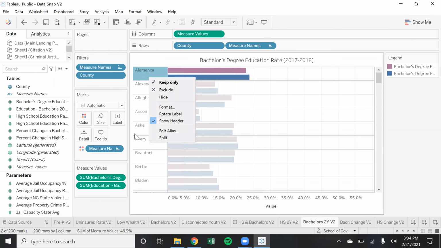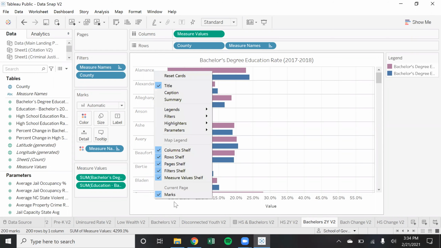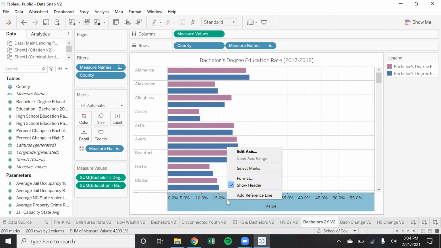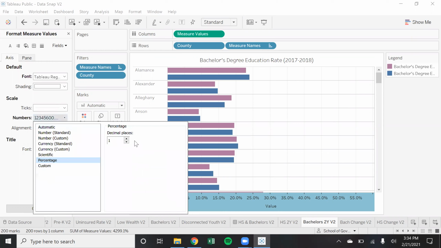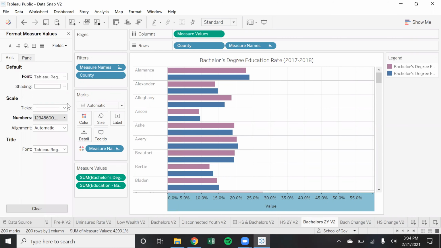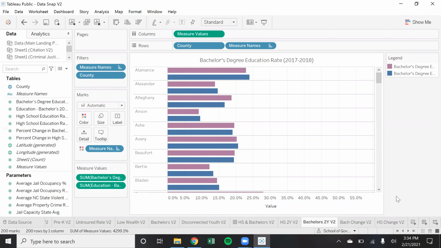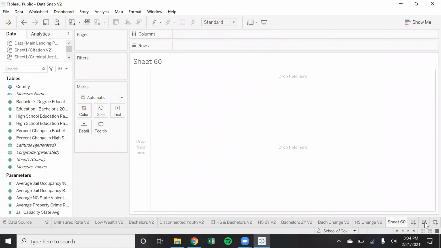If you want to change what's down here, you format this. I guess over in DataSnap we had consistently one decimal place for everything, just for continuity. You don't really need that here. But for a dashboard,